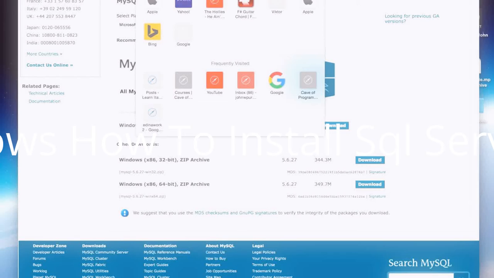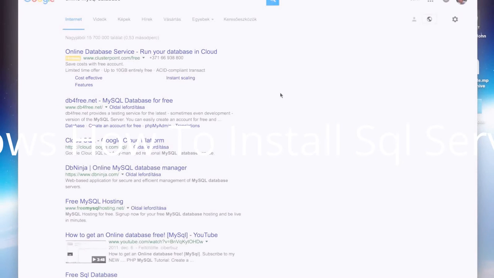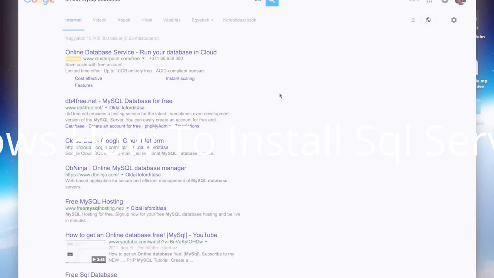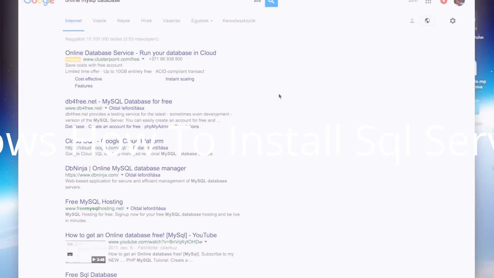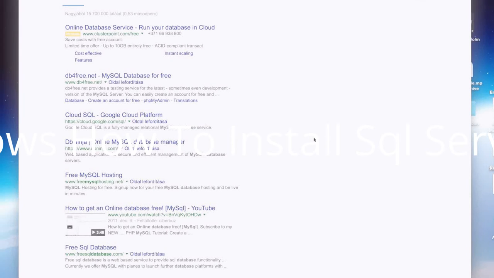If you really get stuck with this, you can just search for "online MySQL database" or something like that, and you will find versions that you can use on the internet. Some of these are just meant for learning MySQL, and others require you to create an account and maybe create a database with a few clicks and possibly even pay. But you can find various free versions on here that you can use to practice your SQL if you really run into problems. Now in this tutorial we'll focus on using the MySQL Workbench, which is another free tool,